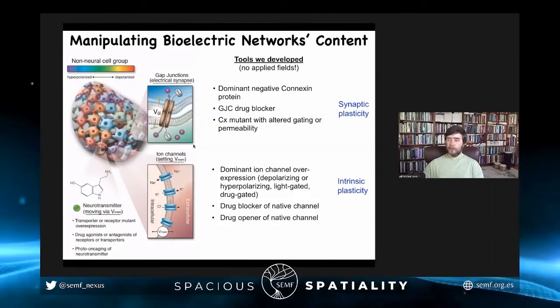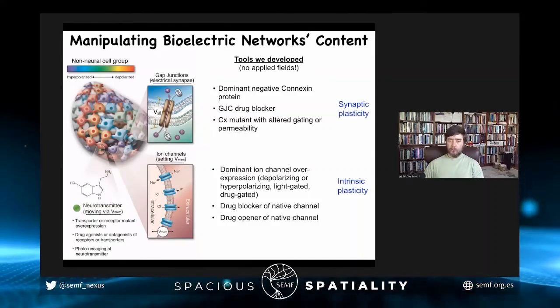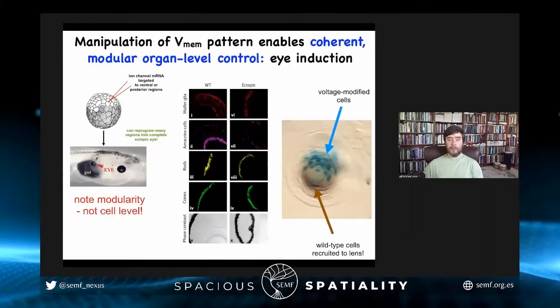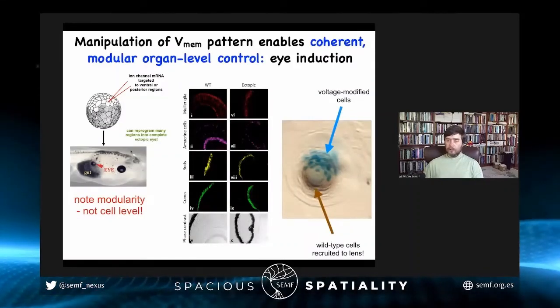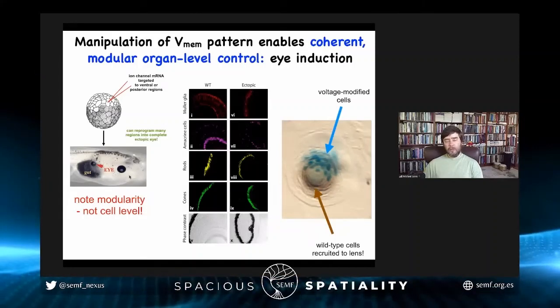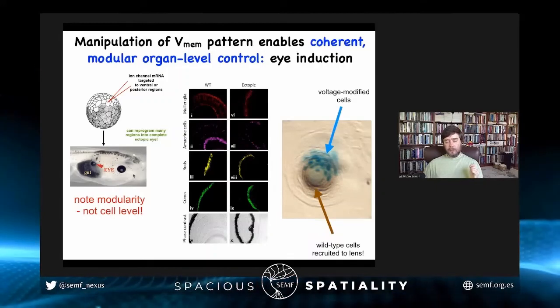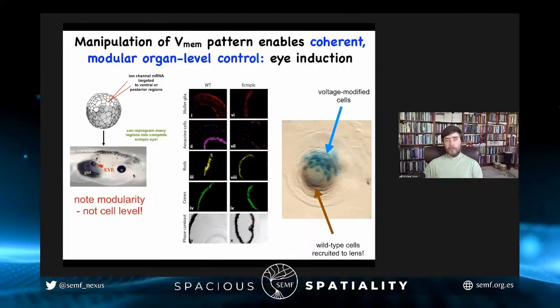So what can you do with this? Okay, I've been talking about this electrical information. What does it actually do? Well, here are a few examples. One thing you can do is you can take this tadpole, and I've shown you the electric face. And so we asked the question, okay, now that we know that there's a particular voltage state that kickstarts eye development, could we simply reproduce that somewhere else?